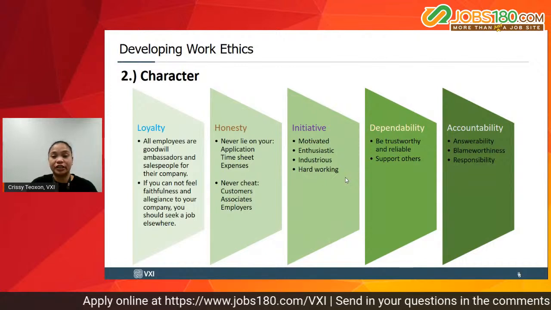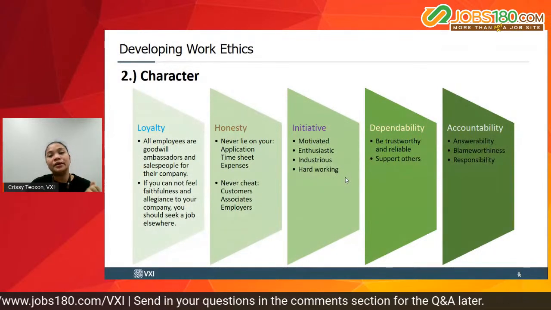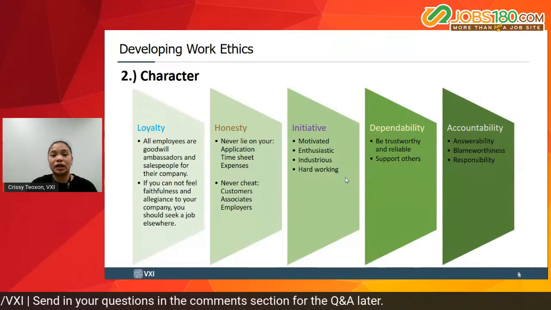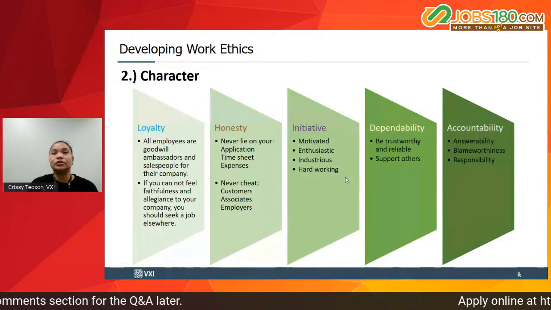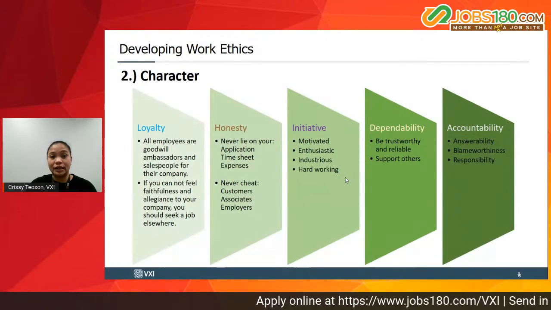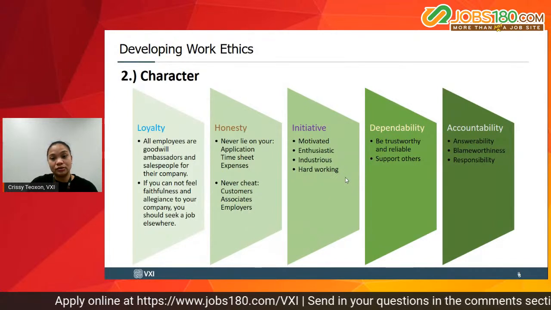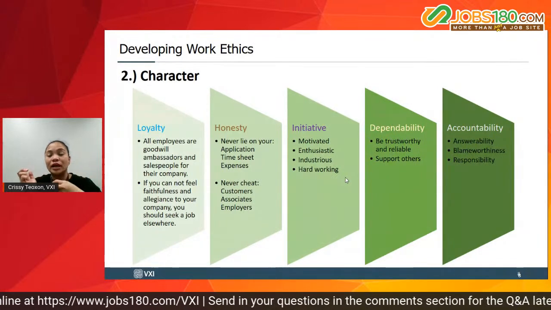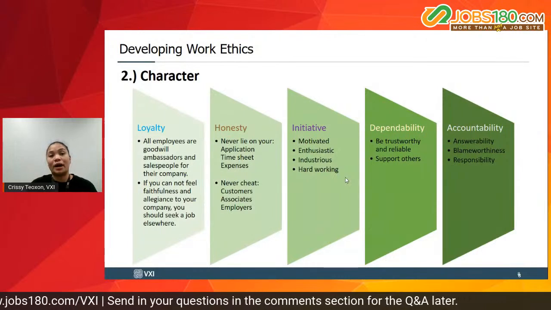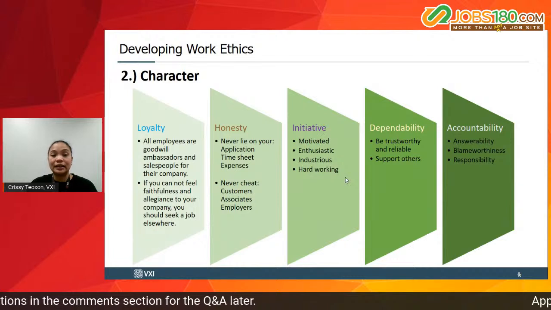Dependability, be trustworthy and reliable, and you support the other members of the team. And when you say be trustworthy and reliable, say for example, you're given a task and you are expected to deliver it on Friday, then you deliver it on Friday because other people are depending on your completion, di ba? Para din kahit papano yung susunod na hawak ng task, alam niya na kung paano yung gagawin. And you gave it on time para hindi rin nadidelay yung project. Accountability,